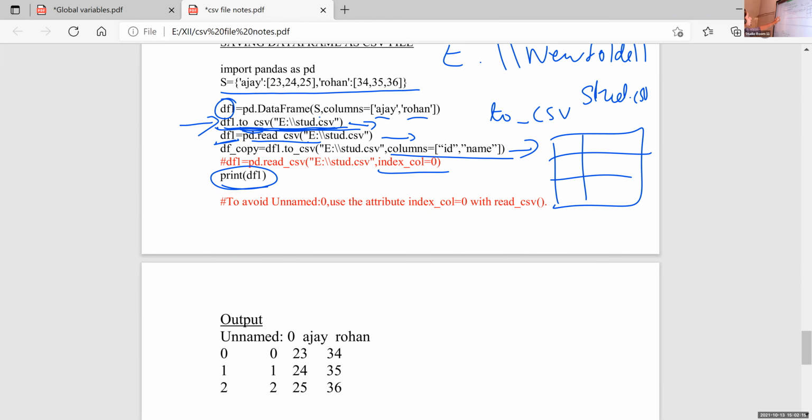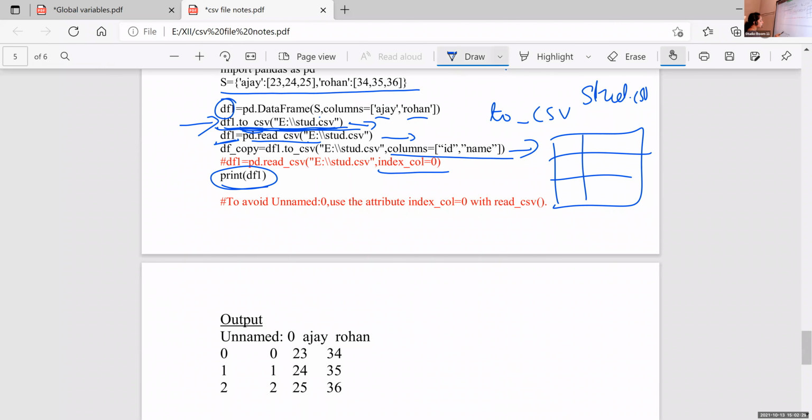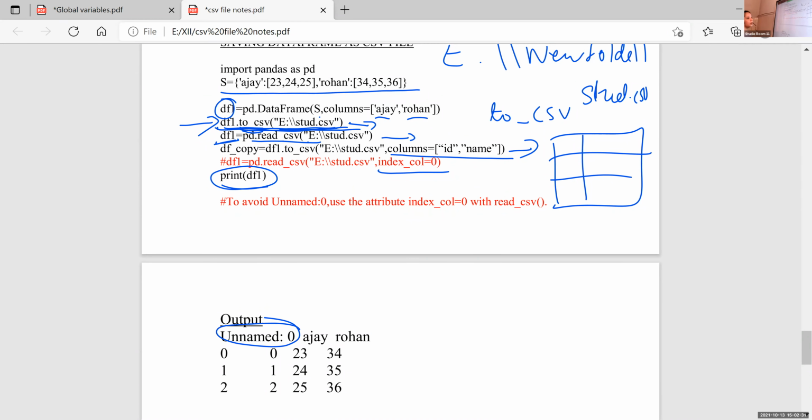So after converting the data frame into CSV, if we want to display some contents from that CSV, the output will display like this. It will start with Unnamed: 0. If you want to remove this Unnamed: 0, use index_col equal to 0. Index_col equal to 0.